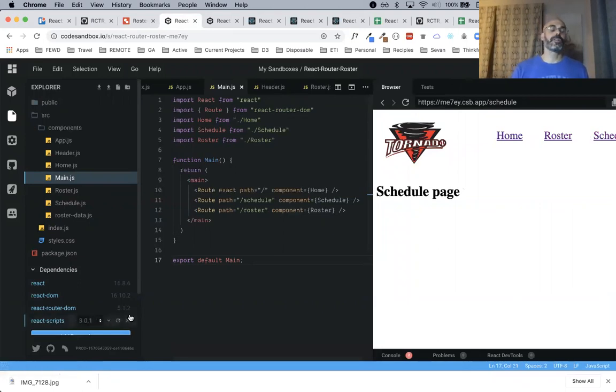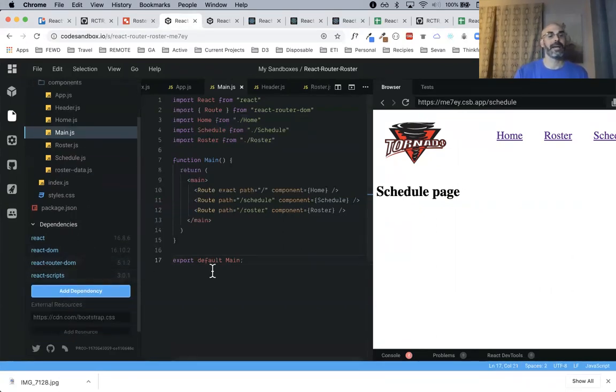When I imported the libraries, we only needed React Router DOM. We didn't need React Router. That was my mistake. My brain was thinking, you know how React and then React DOM? I was like, oh, we need to do that too, and I forgot. We just need React Router DOM. That's the only thing we need to import.